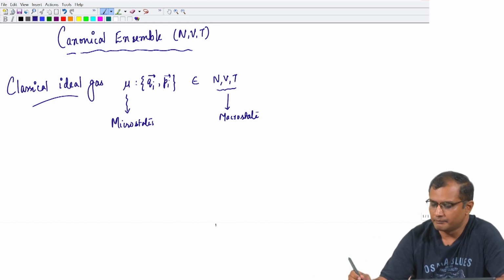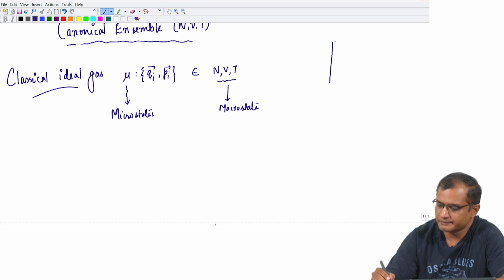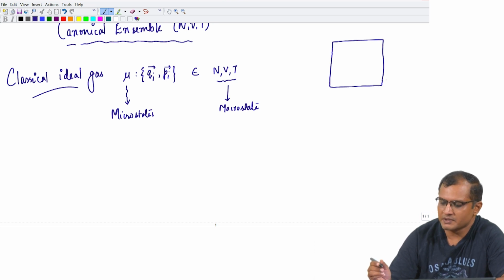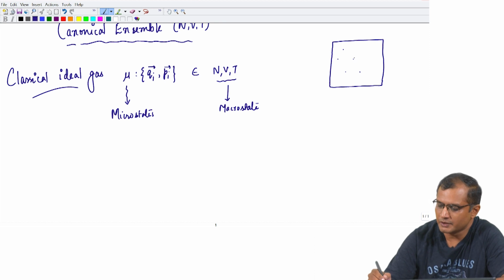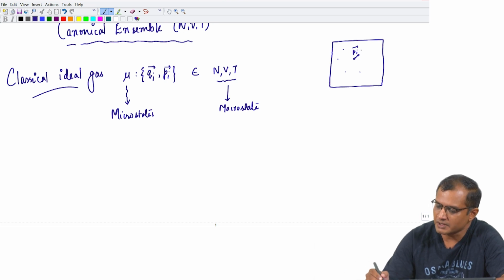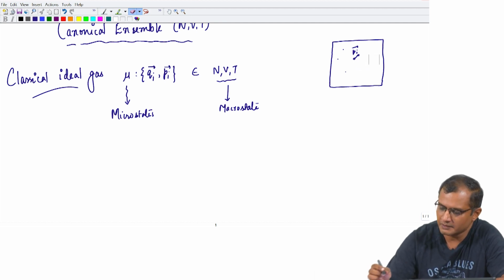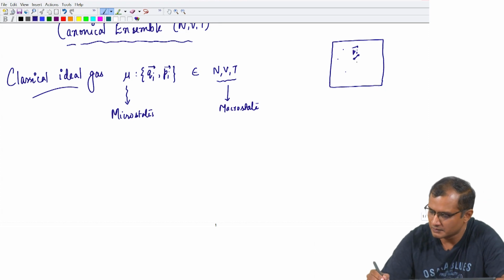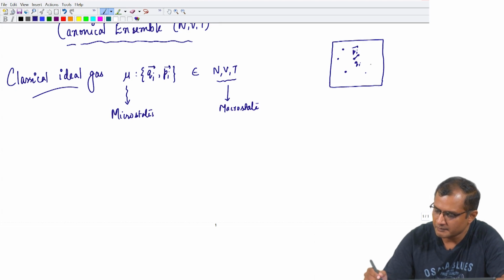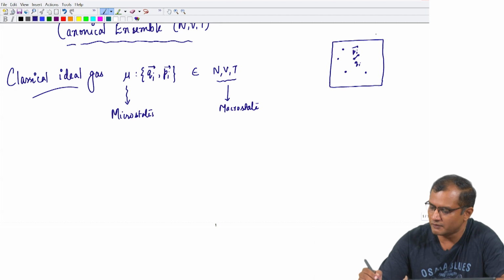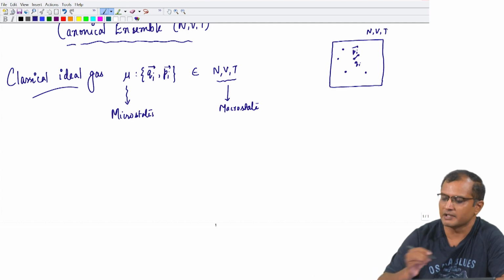Okay. So, now you can think of this ideal gas as a system which is enclosed in a container, and your particular particle here is having momenta pi, and the location is some qi, and so on and so forth. Okay. So, this is a box of volume V, there are n particles in the box and it is in contact with a heat reservoir at temperature T,